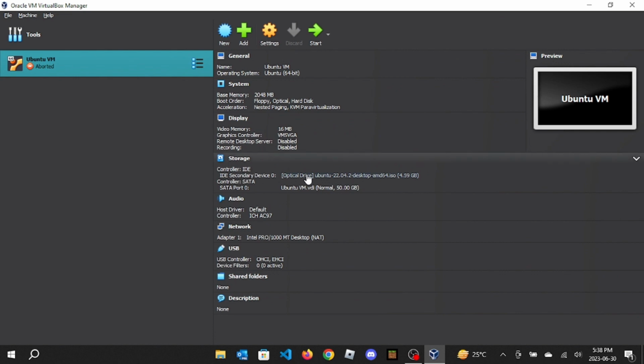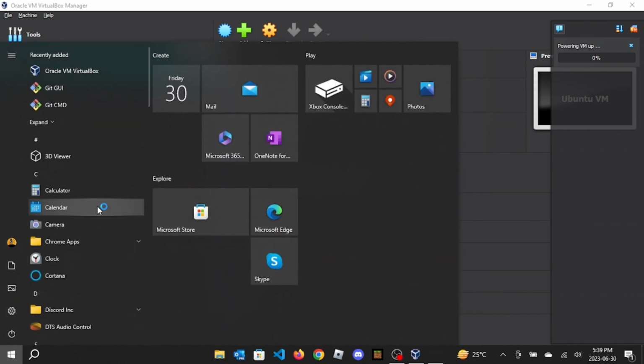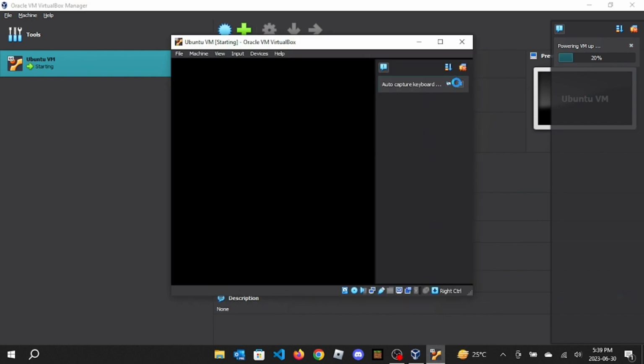So in controller IDE, you added your ISO to your optical drive. Now let's hit start to run this. Powering VM up. Hope I get no errors this time. Just so you know, I'll probably link a really good detailed video to install hypervisor partition on your Windows laptop, or your laptop in general. I think it's only on Windows. It basically just allows virtual machines to run. Not like control your computer, but